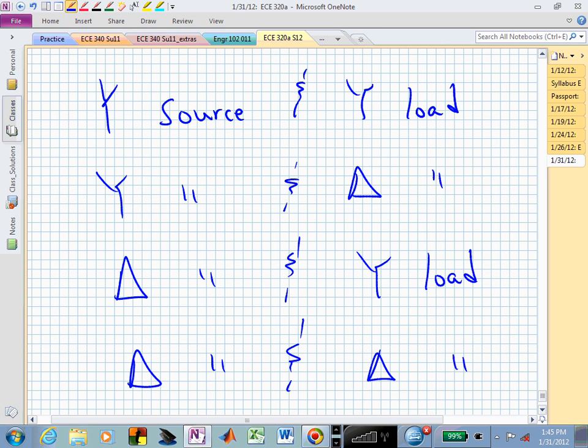And what we will start on next time is looking at the fundamental circuit, which is the Y-Y combination. Our source is a Y configuration, the load is a Y configuration. What does that give us? If we can analyze that configuration, we can basically convert back and forth to be able to do anything we want of these